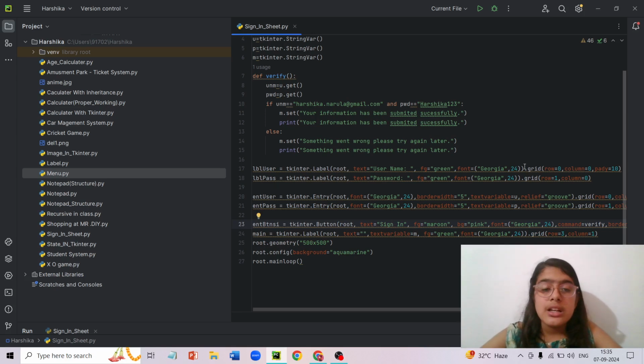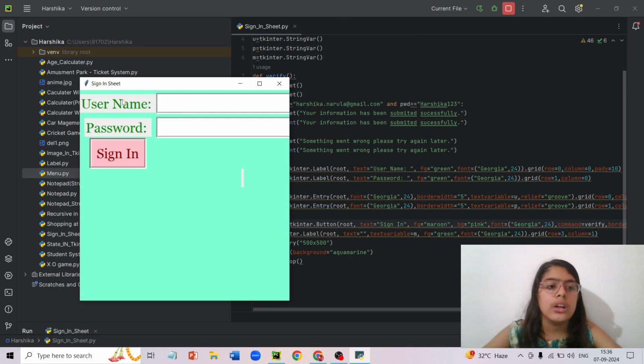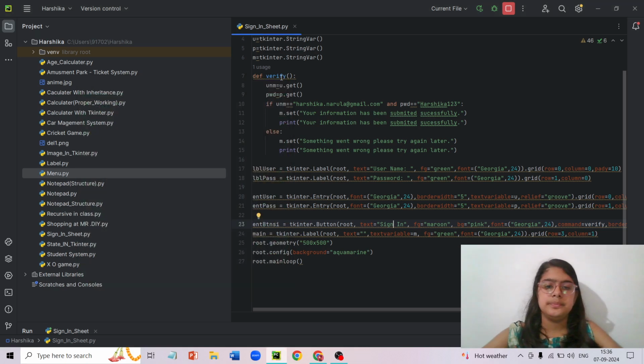I have used grid so that what I've written comes in the way I want it to come. If I use place, it won't come properly. Everything will come in one line. It won't specify that username should be here, in front of it should be its entry box, below it should be password. It will come in a horizontal line or a vertical line.